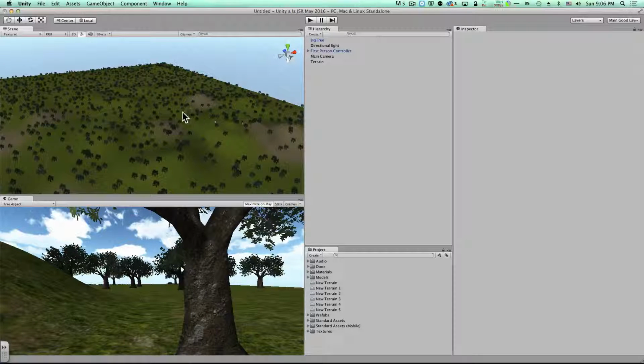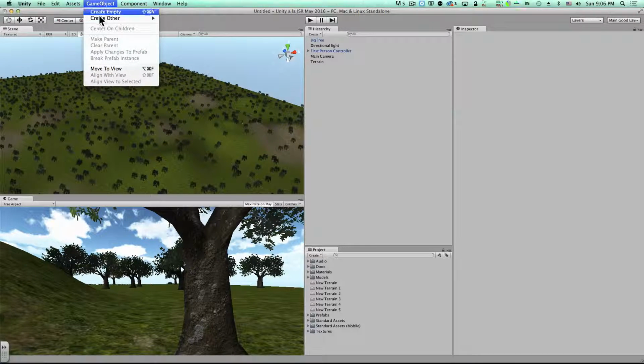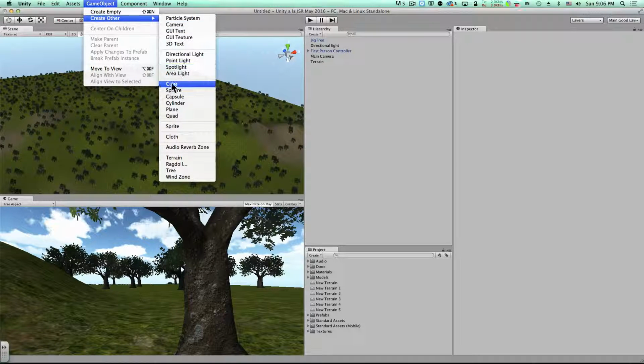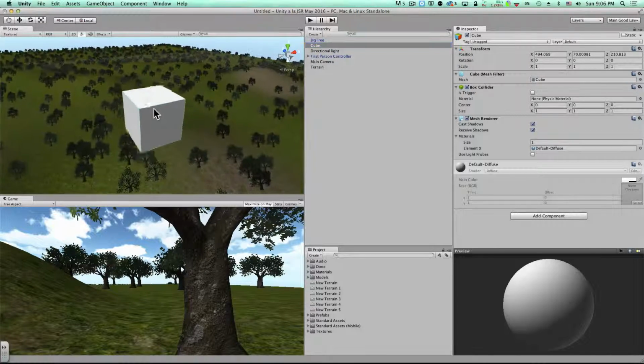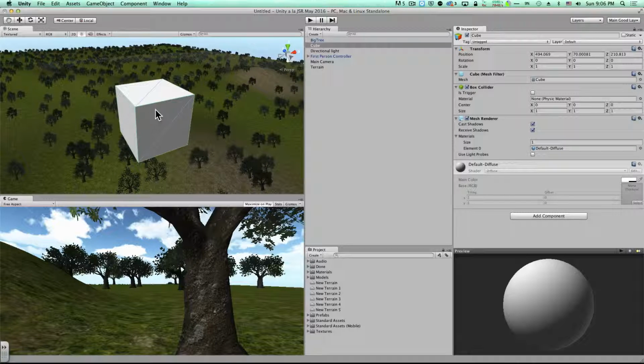And now to make something to shoot from our first-person controller. With this part of the tutorial series, we'll be looking in detail at how you work with textures and shaders to make a material. So we're going to pick something simple to do this on: a cube. GameObject, Create Other, Cube. You can see it highlighted, so hovering over the scene I'm going to press F to zoom in on it. And you can see right now that there is no image on it, there's no texture,